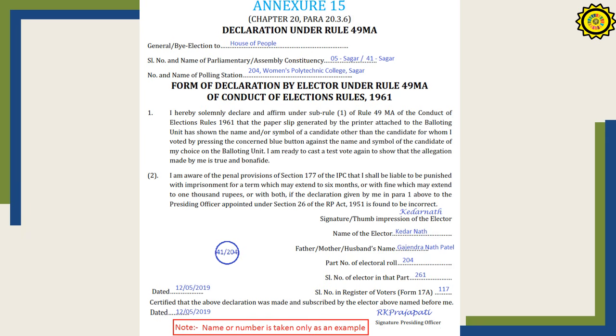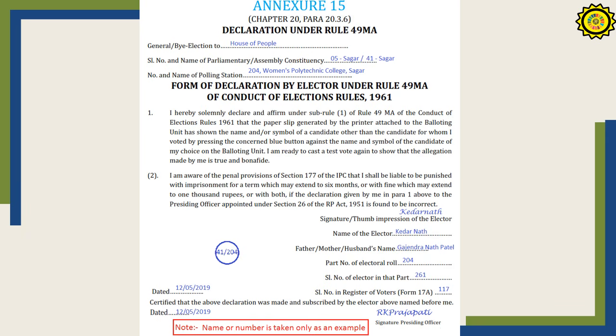If the allegation is found true, the presiding officer shall report the facts immediately to the returning officer, stop further recording of votes in that voting machine, and act as per the direction that may be given by the returning officer. If, however, the allegation is found to be false and the paper slip so generated matches with the test vote recorded by the elector under sub-rule 2, then the presiding officer shall make a remark to that effect against the